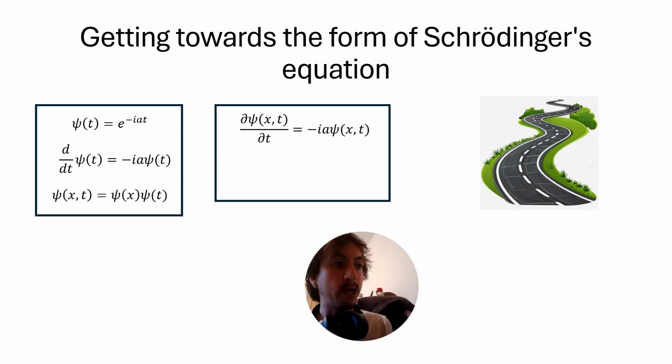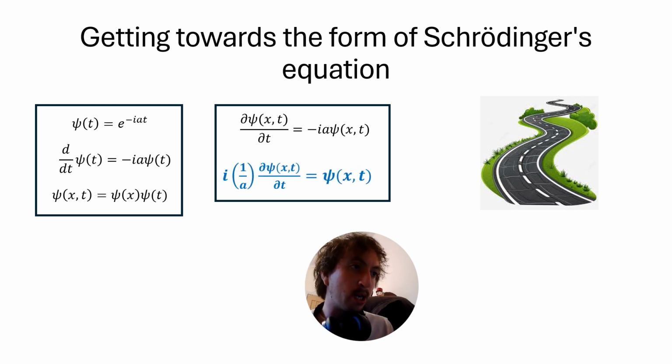And so, bearing in mind that psi of x is affected by a time derivative, we can just say the partial derivative of our overall wave function with respect to time is equal to minus i times A times our overall wave function. Now, bearing in mind that 1 over i is the same as minus i,